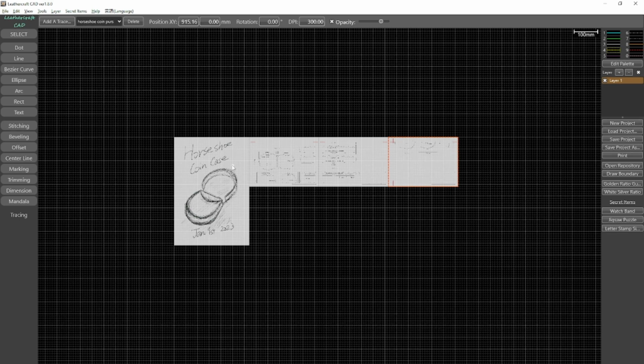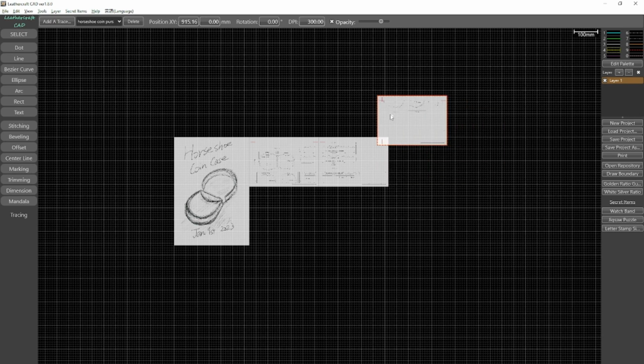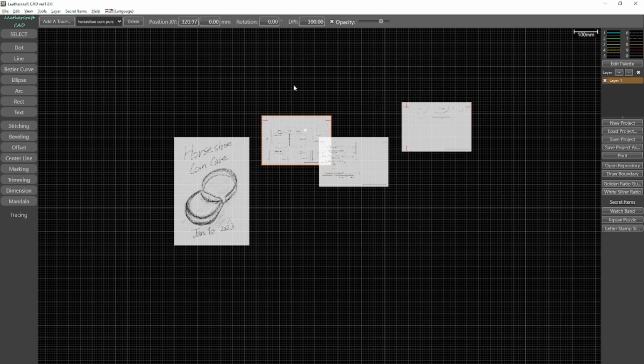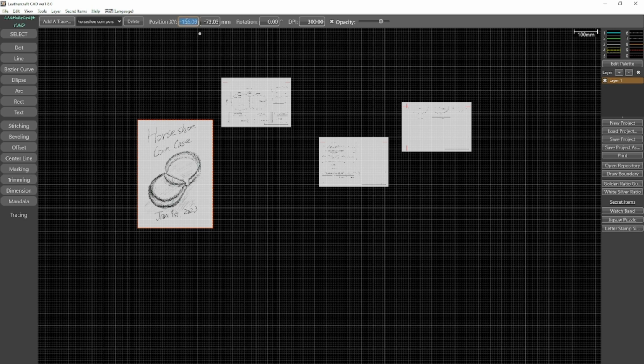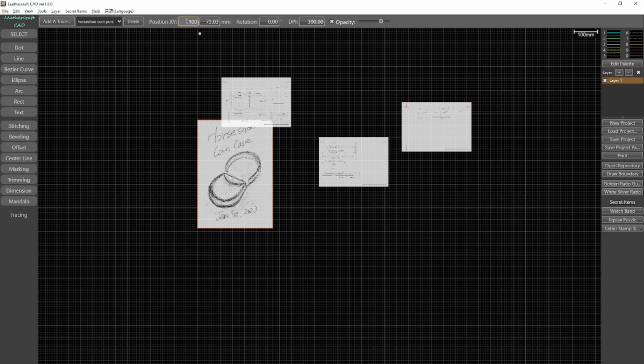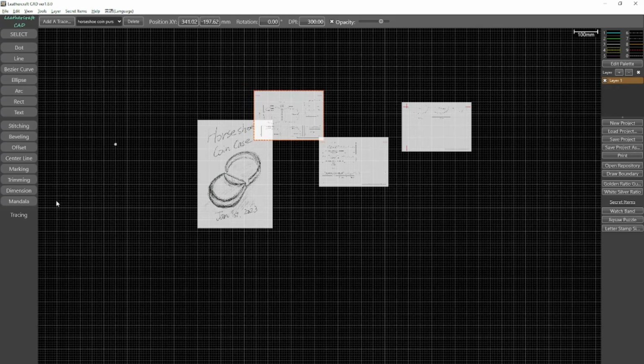Also, what's improved with this version is that now you can drag background images, tracing images, with your mouse. Until the previous version, you could only move those images by typing the location like this. So it wasn't really intuitive, but now you will be able to do it like this. So this is quite good. But please be careful: this dragging works only when you are in tracing mode.